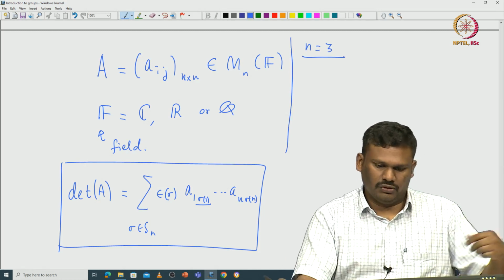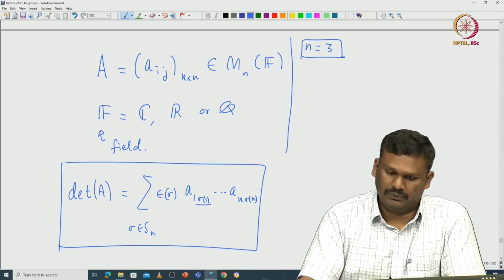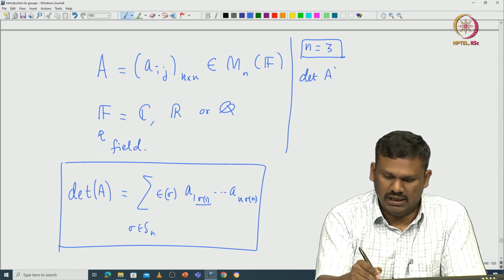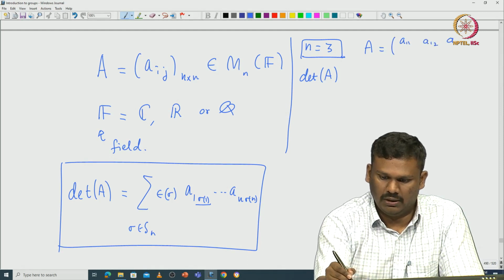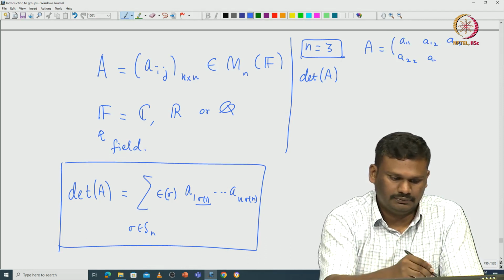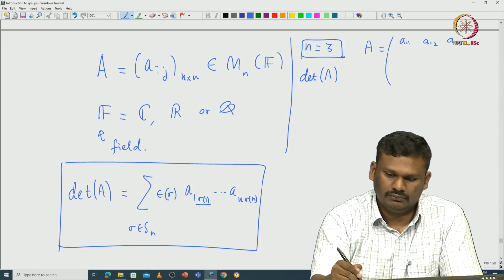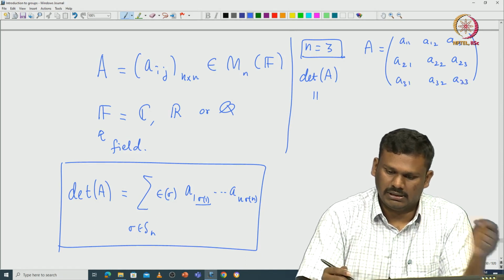So, you can try to verify this is the formula that you must have seen in your high school. The determinant of this A, when A is the matrix with rows A11, A12, A13; A21, A22, A23; and A31, A32, A33. Then the determinant is given by,